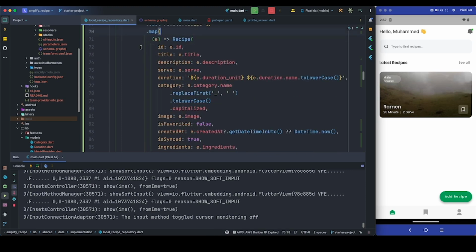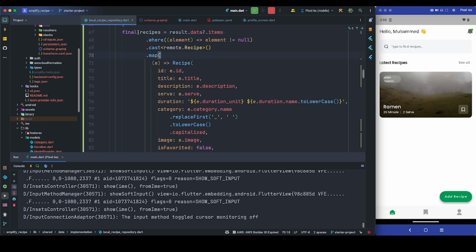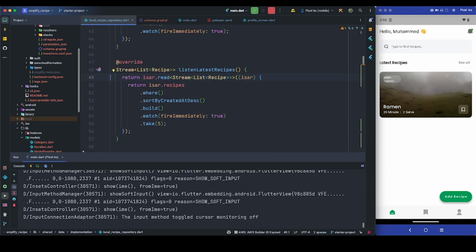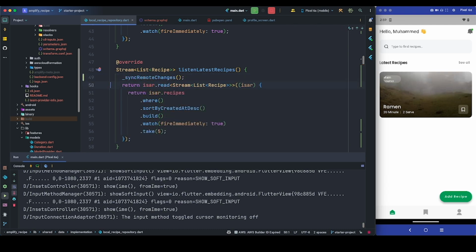Afterwards, map the remote recipe into the local one. This will create a recipes list in the local recipe format. And lastly, save the new ones into the local database. After you create the sync function, call it inside the listen latest recipe. Since this function is already subscribed as a stream, once you sync the changes, you will see it automatically on your